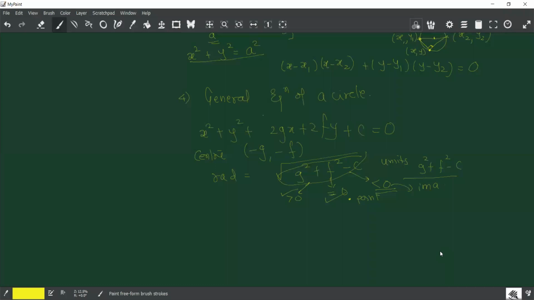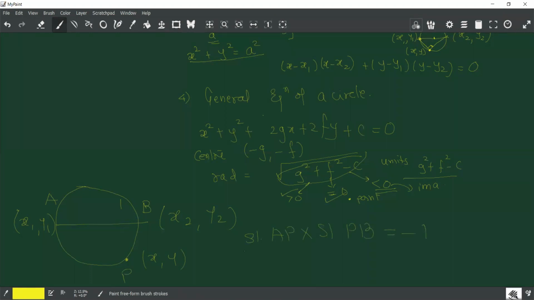Let me go back. No. I will draw a fresh figure. I was saying extremities of the diameter are x1, y1, and you're done with the proof. To him, yes, very smart. And if this is x, y, if I name this a, and this b, these points, and this is p. It is slope AP into slope PB.